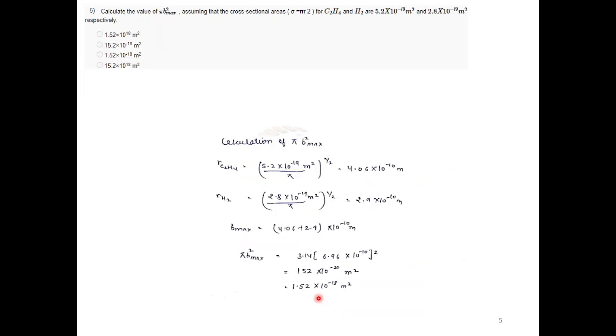Next question, where you need to calculate the value of pi b square max. So assuming the cross-sectional area sigma equals pi r square, and these values are already given. So here this pi b square max you need to calculate first. How will you calculate this? So in this question,